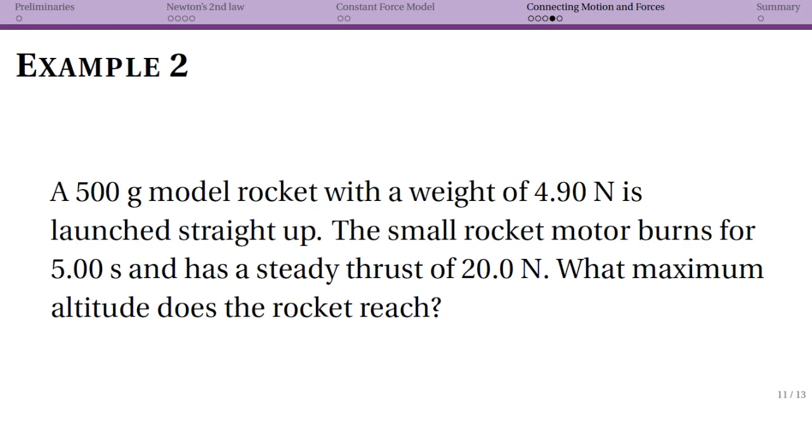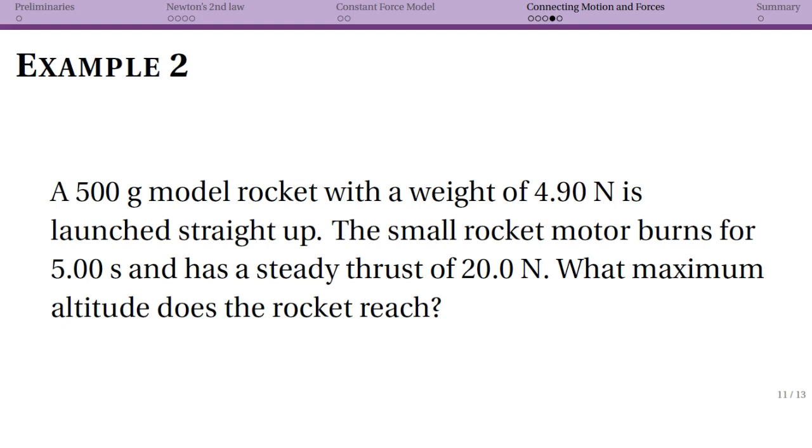I'm going to do a second example now. I'm not going to go as far into the math because for this situation in particular, it's really important to get the visualizations right, because this might be trickier than you realize if you just jump into it and start some calculations. So in this situation, we have a 500-gram model rocket with a weight of 4.90 newtons, and